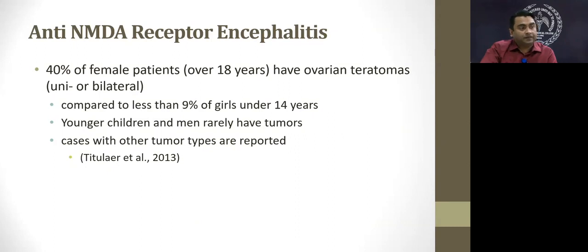Now, 40% of the adult females, those over 18 years of age, are usually having an associated ovarian teratoma, which can be found either unilateral or bilateral. And this can be evaluated and found on evaluation either with an ultrasound, a CT, an MRI, or probably even may require a PET, or probably even may be missed in a PET,